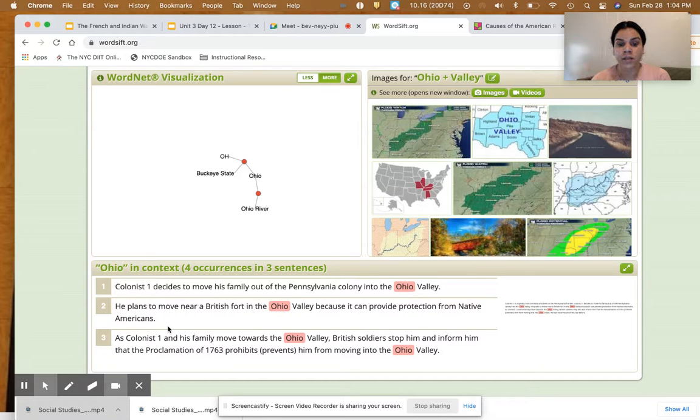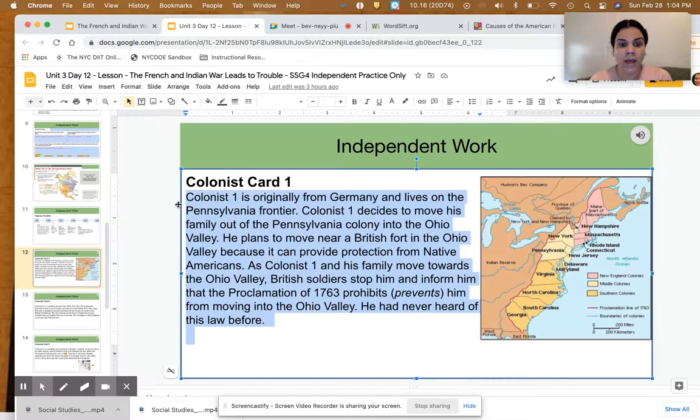Oh, I see. So Colonist 1 is scared for his life, right? He wants protection from the Native Americans. As Colonist 1 and his family moved towards the Ohio Valley, British soldiers stop him and inform him that the Proclamation of 1763 prohibits or prevents him from moving into the Ohio Valley. All right, so let's think. Let's go back,